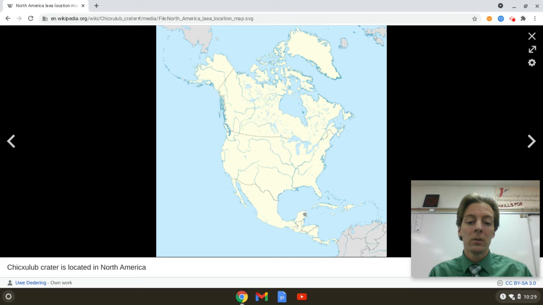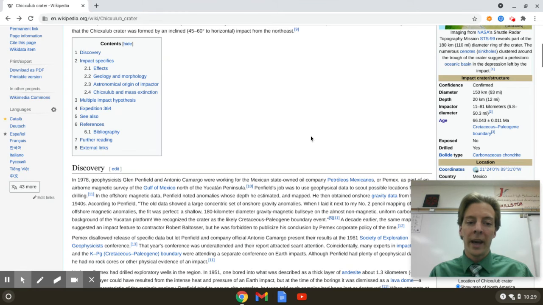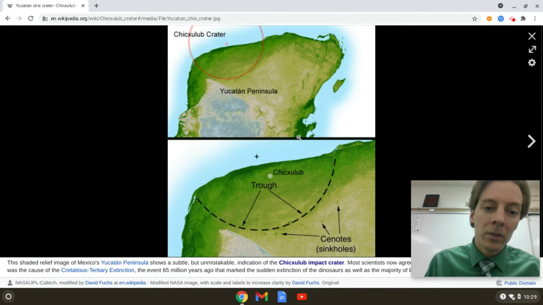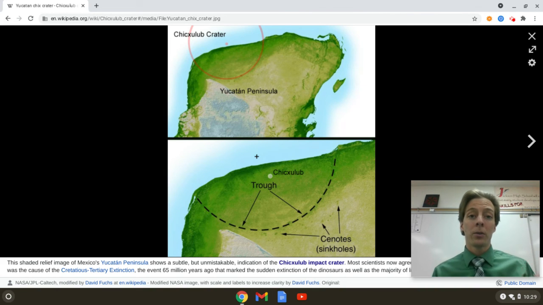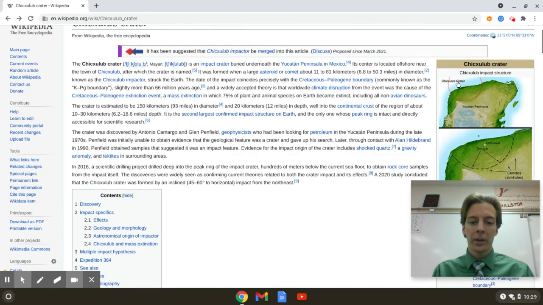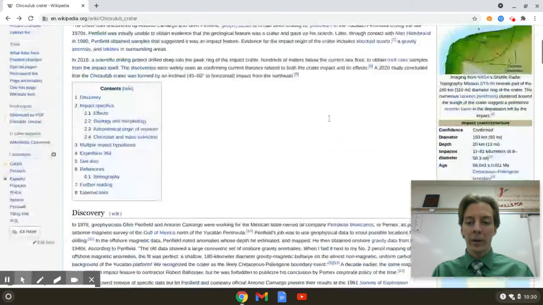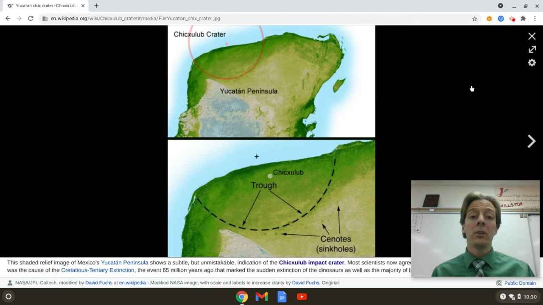Right here. Right here in the Yucatan Peninsula, that little spot right there. We are going to look at this image right here. This is the Chicxulub crater, and it doesn't look like a crater. It looks like there's a peninsula there, and you would think that, oh, the crater is this huge hole. No, that's the Gulf of Mexico. Right here on the edge of this peninsula, there is a crater, and it is dated to 65 million years ago, right when the dinosaurs went extinct, right when everything changed.